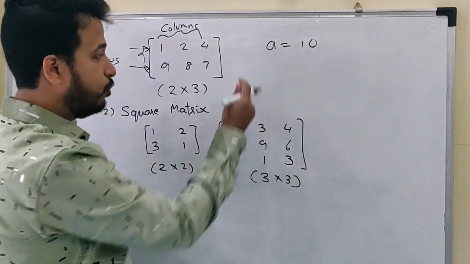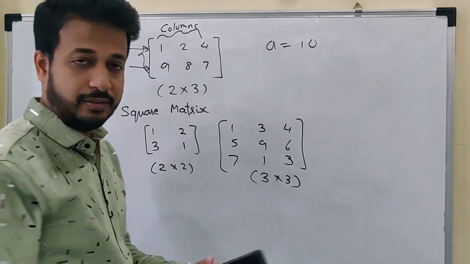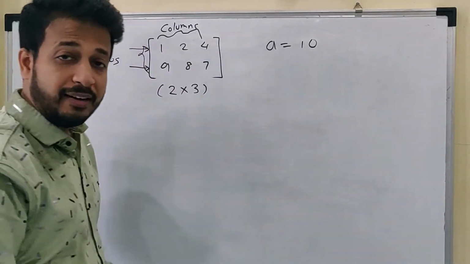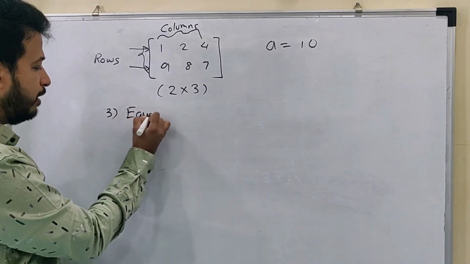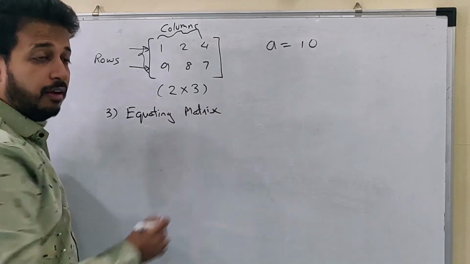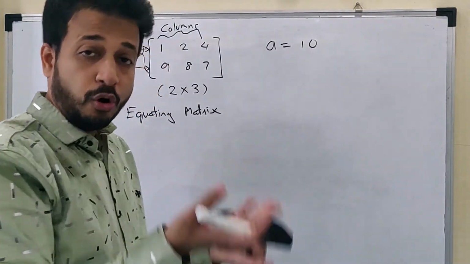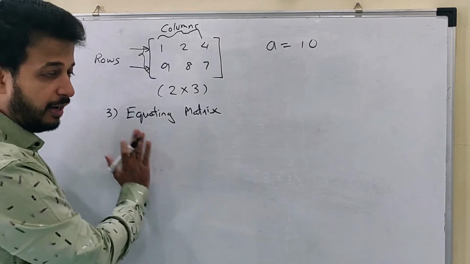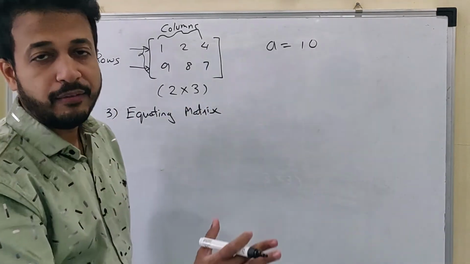Now as we equate any two values in maths, if I want to equate like A is equal to 10, there is an equal to sign. Same way I can compare two matrices. Now how can I compare these two matrices? The two matrices can be compared. Okay, so I am writing equating matrix. When I am going to equate two matrices, they both should be of the same order. Like if the matrix on your LHS has to be 2 by 2, then your RHS also should be 2 by 2.